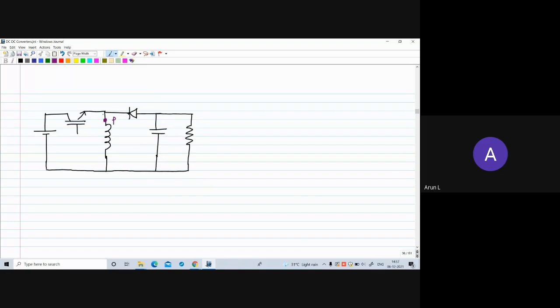So this was our pole, and this is throw T1 and T2. If you replace it with the IGBT and diode, it will appear like this. So this particular circuit is known as the buck boost converter. So in the buck boost converter, we have an output voltage which is negative of input voltage into D by 1 minus D. And by properly selecting the value of D, we can have either buck operation or boost operation.